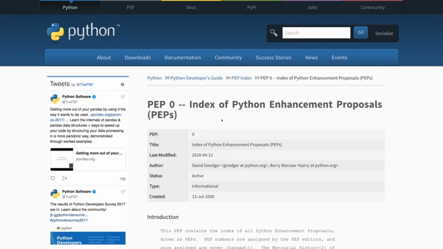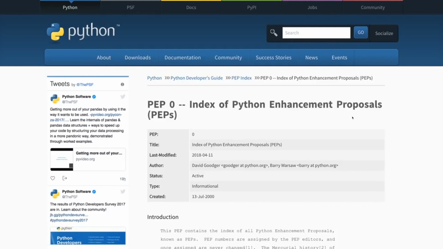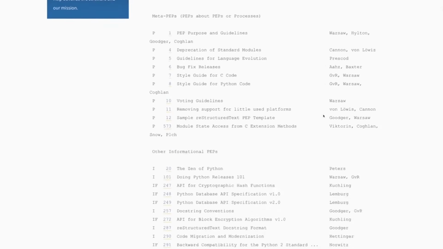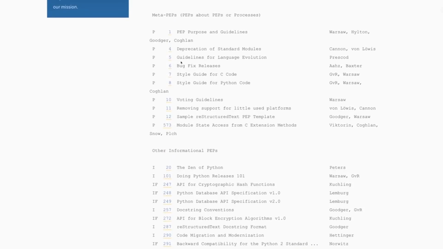you'll find a list of all the Python enhancement proposals. These are basically documents, articles, giving you hints about how you can write your Python code, how you should write it, new developments in future Python versions, things like that. Now, if you scroll down, you'll find the index of all the PEPs, and you'll find a title about, well, what is covered in that PEP. Now, a very important PEP is this one here.